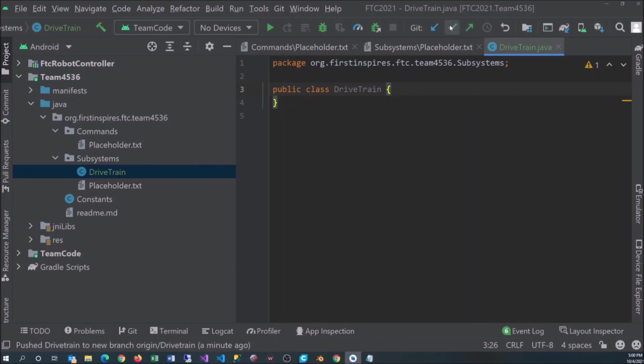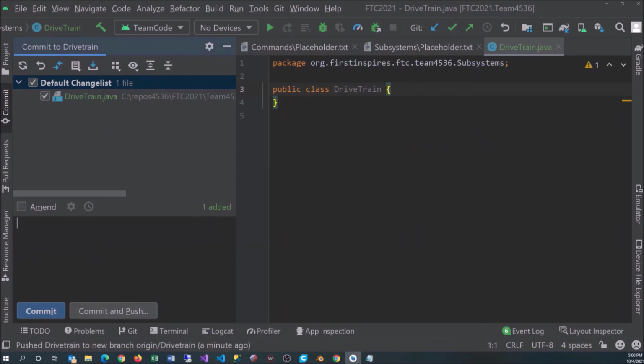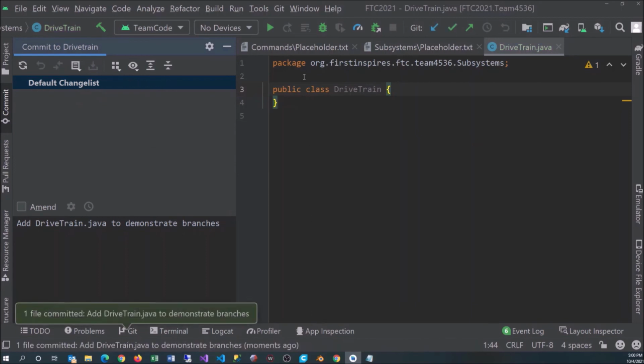Remember, we do a commit, and then we do a push. So we commit it. It says, what do you want to say? And I'm going to say, this will add drivetrain.java to demonstrate, if I can type correctly, branches. Again, I'm not going to commit and push. I'm just going to commit. But then, now if we go over to the Git,